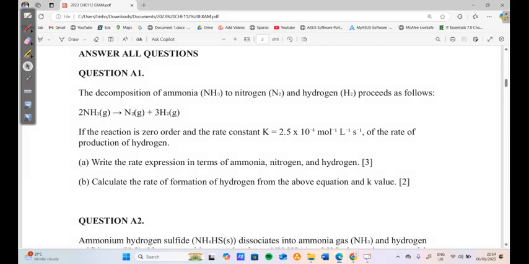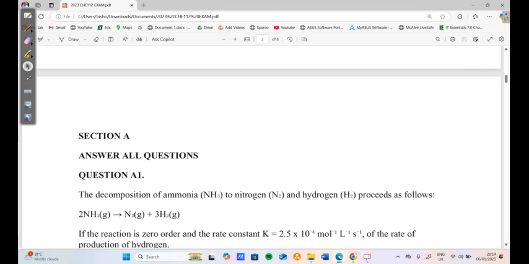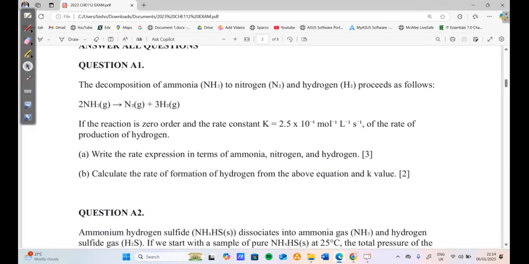So this was a 2023 exam paper for second semester. It's called Chemistry 1112 and this was section A, as you can see. Section A requires you to answer all the questions, and question one was directly from chemical kinetics. You can see the question. Whenever you see anything to do with rate calculations, rate expression, rate of formation, the K, this deals with chemical kinetics. So I just want to show you some more questions before, so that you see that this topic is